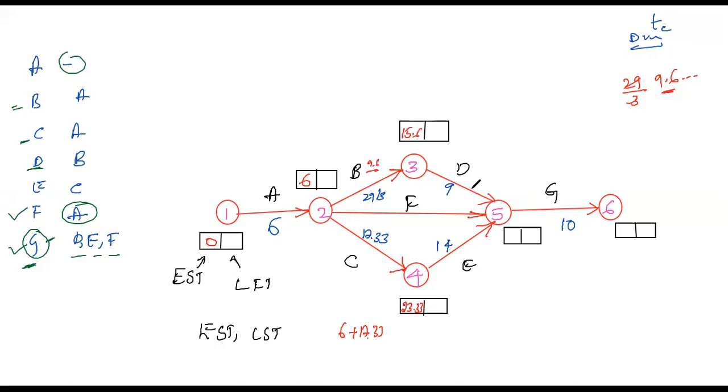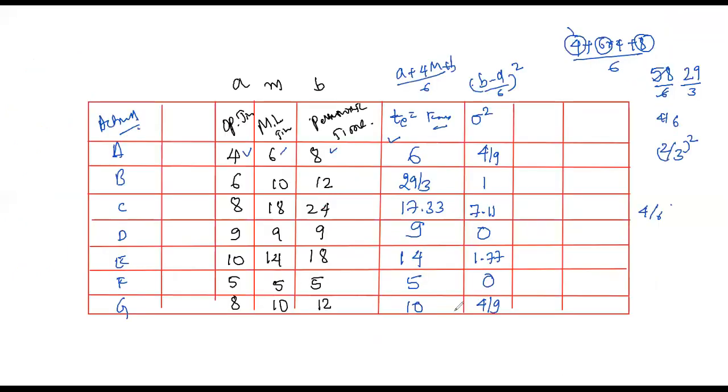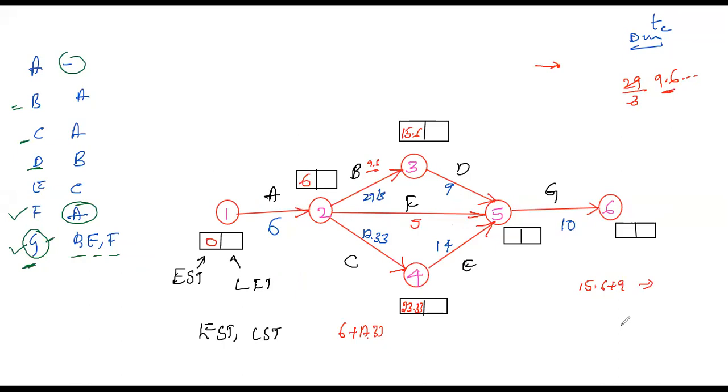Right, 15.6. Here we need to consider, while we are going forward, the arrowheads. We have 3 arrowheads at this node. So you can calculate 15.6 at this node plus 9. This is one path, and one more is here, it is 6. 6 plus F. What is the value of F? F is 5. 6 plus 5, you will get 11.